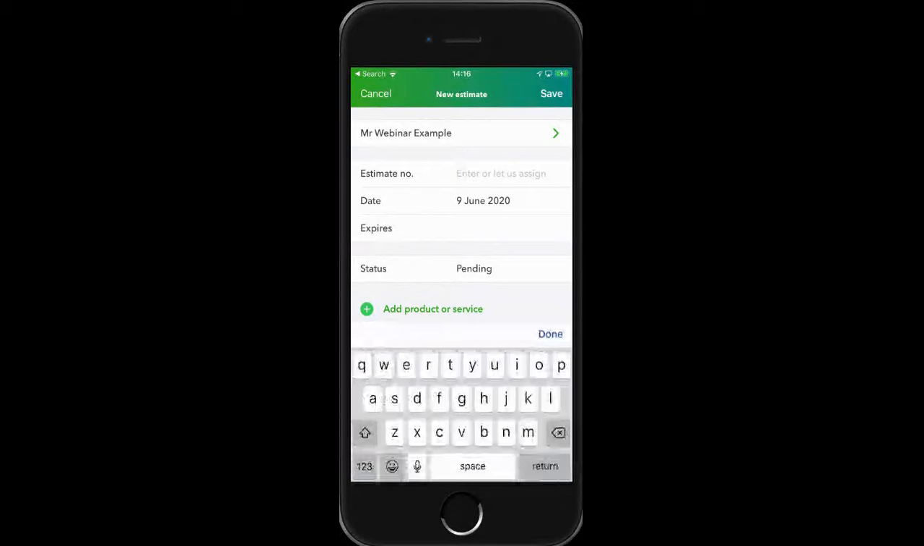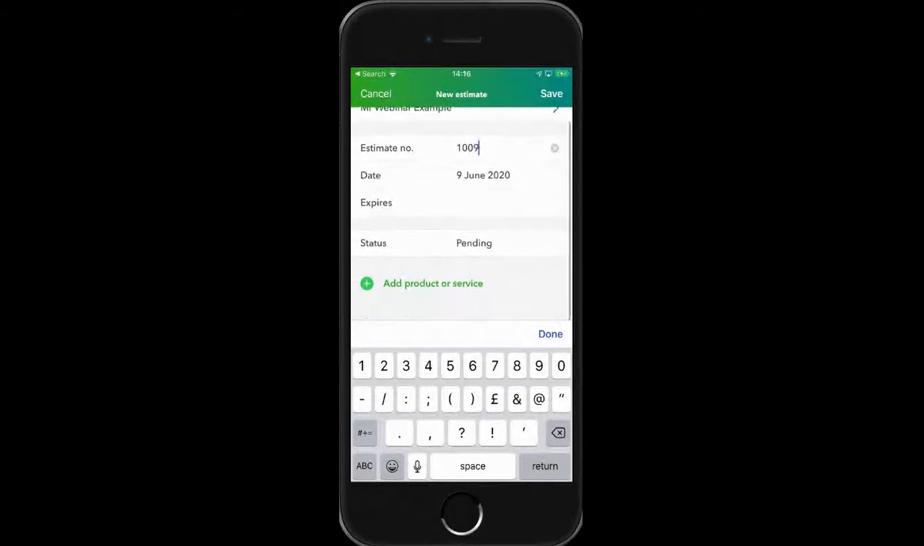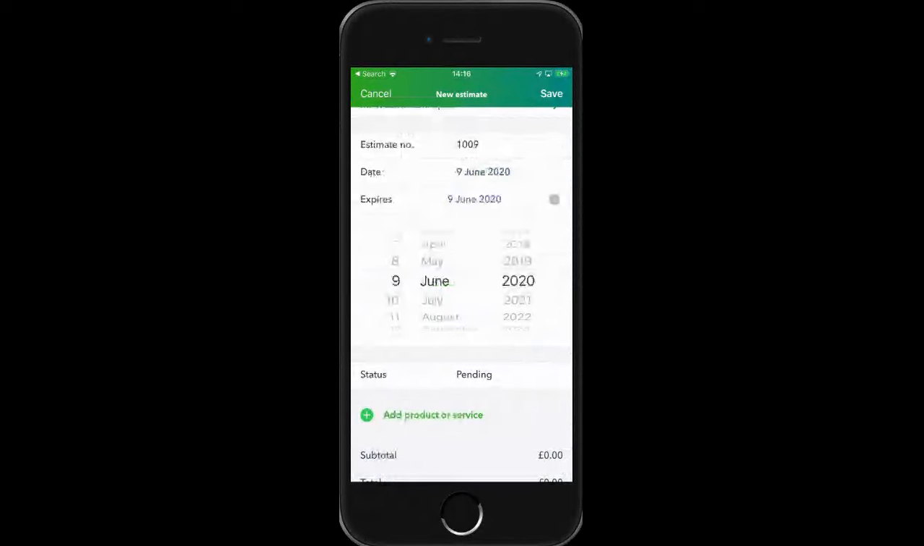So in this case, I'm going to create an estimate number 1009. There we go. The date of the estimate is today. Now, I can put an expiry date on this. So if I'm sending it out to a customer and I want to put a week on it, for example,